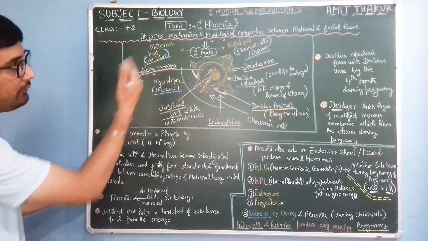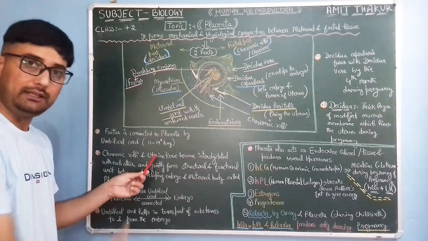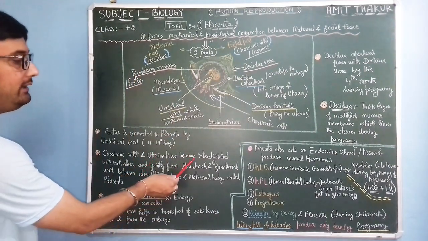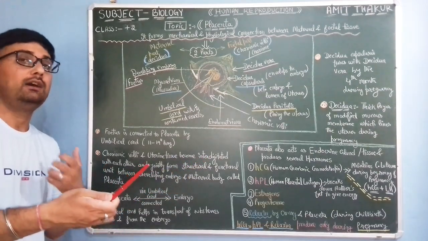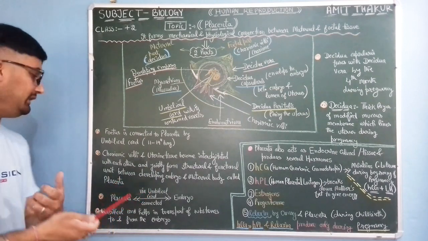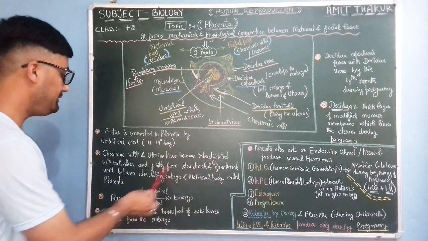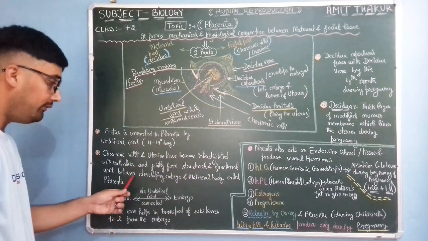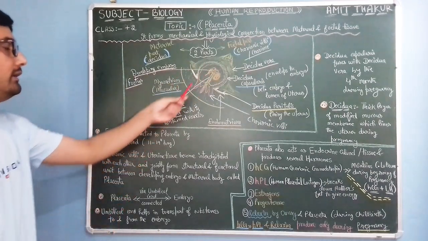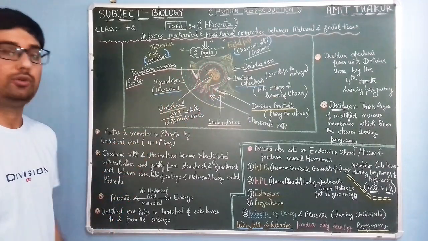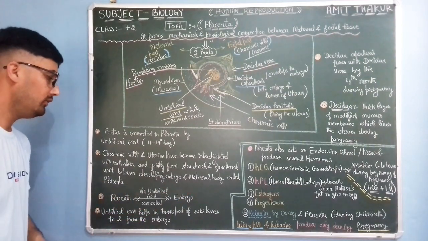Chorionic villi, which is the fetal part, and uterine tissue, which is the maternal part, become interdigitated with each other. That means they almost fuse and jointly form a structural and functional unit between the developing embryo and the maternal body,